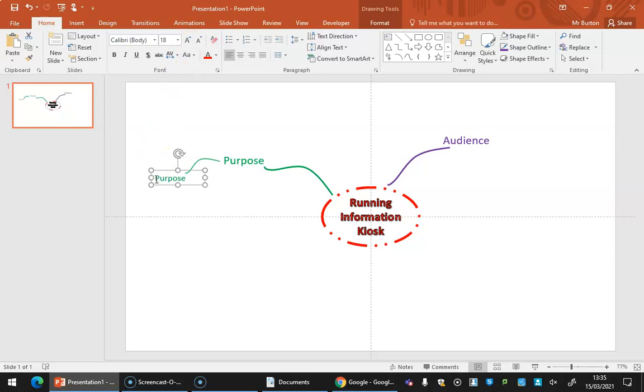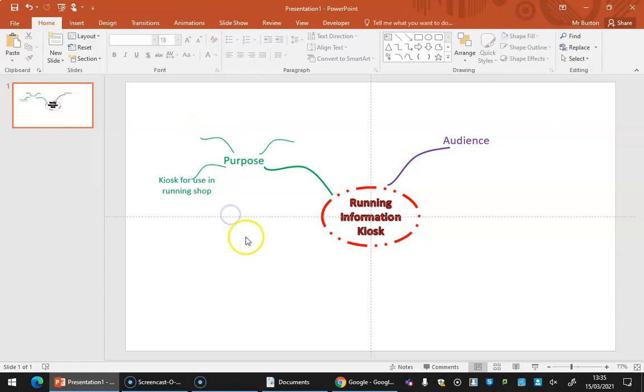So, purpose. Kiosk for use in running shop. So that's the main purpose of it. Again, I'm just going to go along there and centralise that. Then I might copy and paste this line a few more times and have a few more strands coming off. So on this strand, I'm going to put